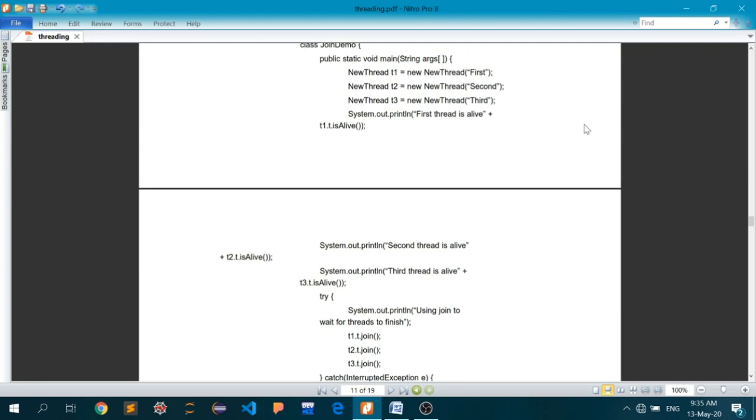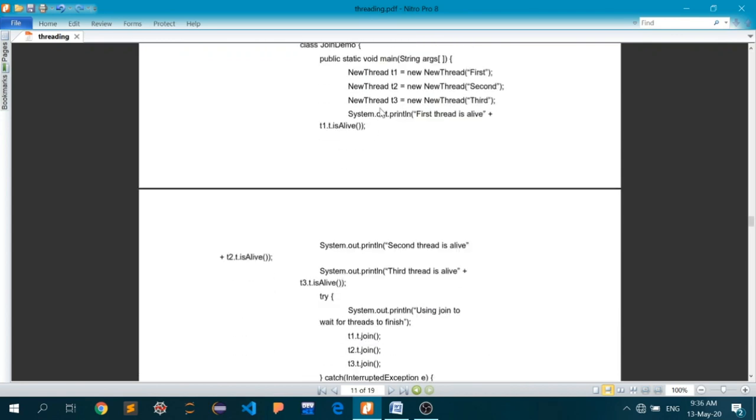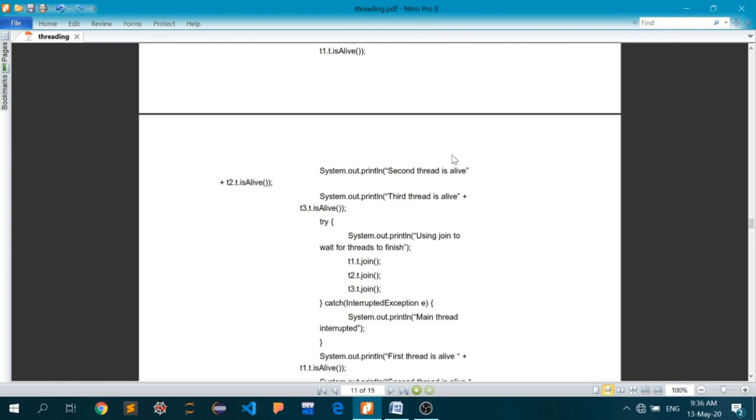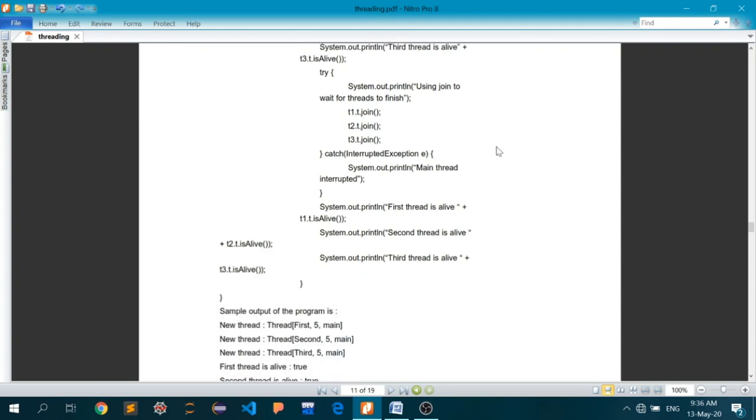All you have to do is that T1 will connect to the object T, which has already been defined inside the new thread class, and that T is actually of class Thread. Thread has a method called isAlive, which returns true or false depending upon whether that particular thread is still executing or not. That is it. Now we'll start a try block, and inside this try block we'll again call a method called